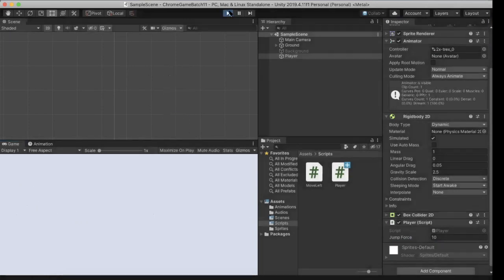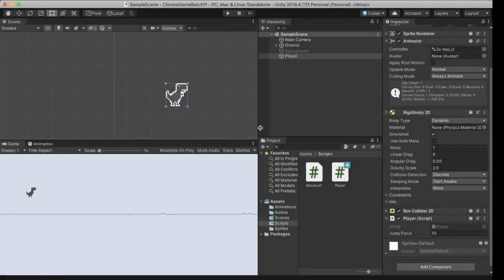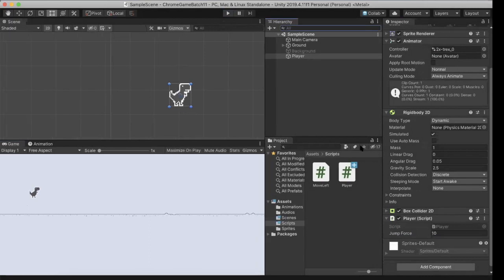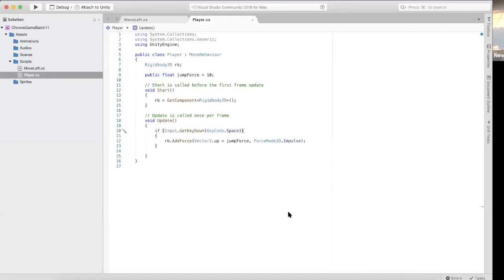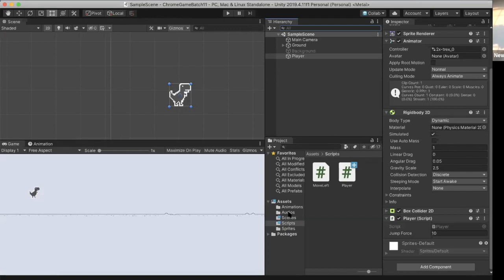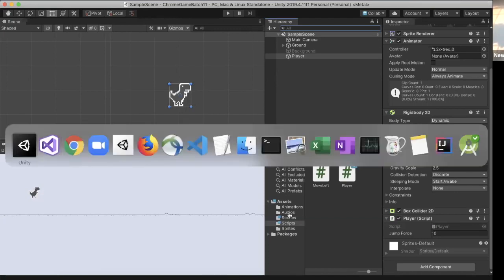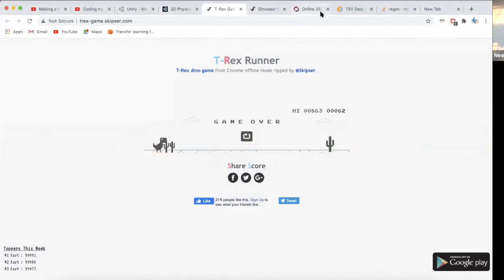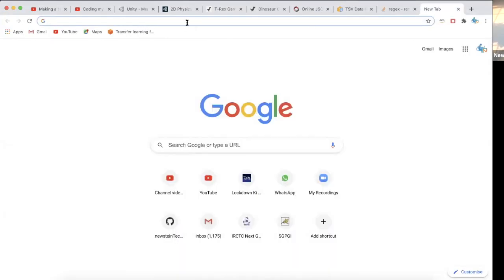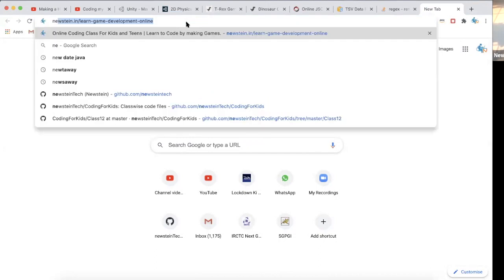Okay, but when three cactus come, it can't jump over them. We'll check that. Before that, we'll learn something new that we have not done so far. And one more thing, one problem that others faced when they tried to download